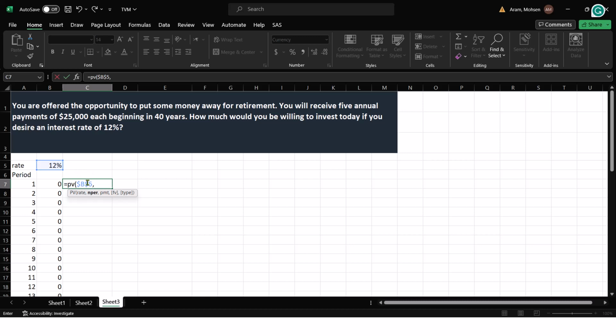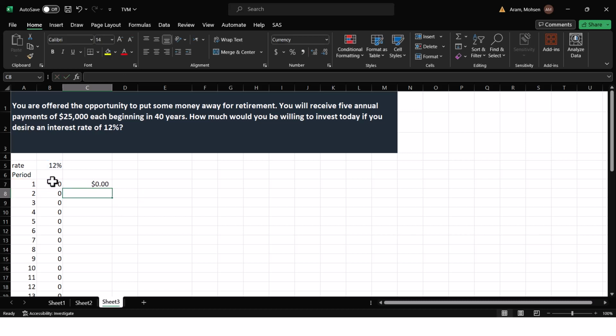And then we have number of periods would be this first year. Payment is 0, and then future value would also be 0 because you receive $0 in year 1. I can drag this down